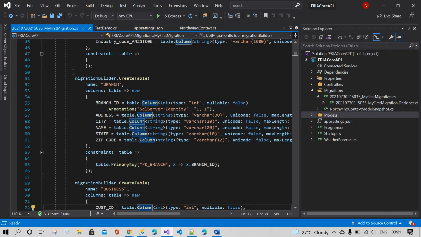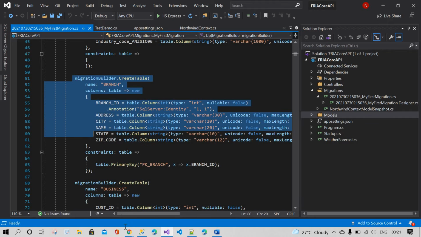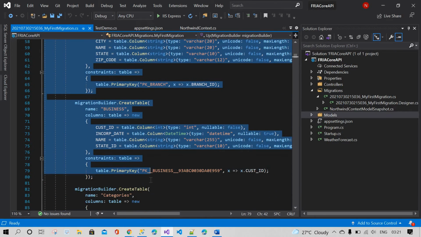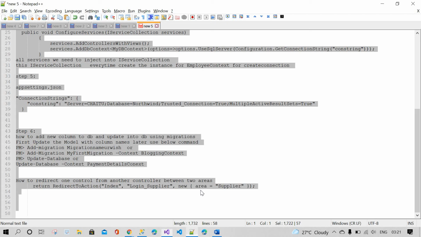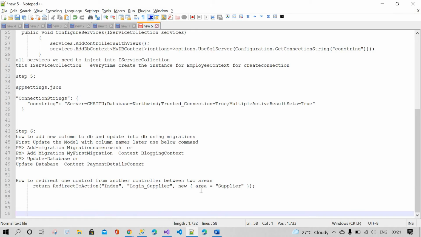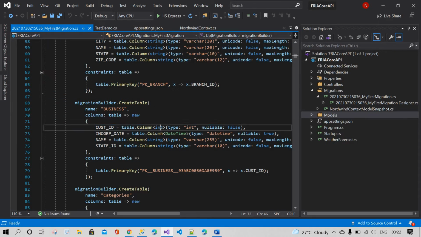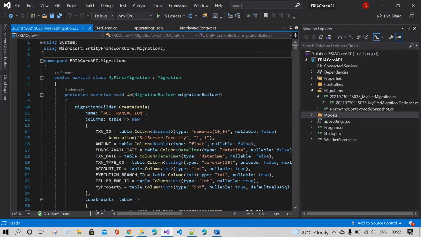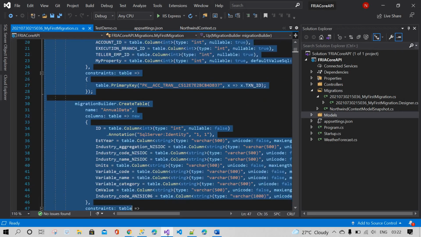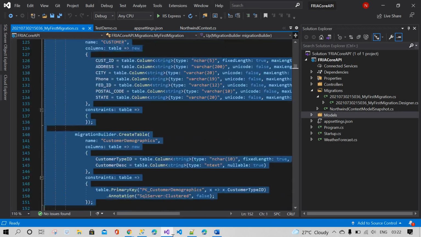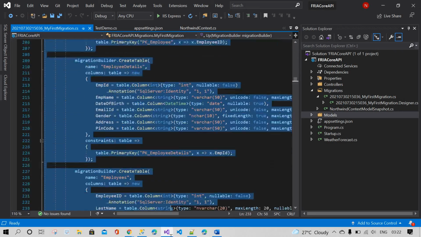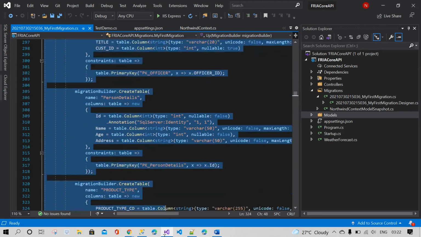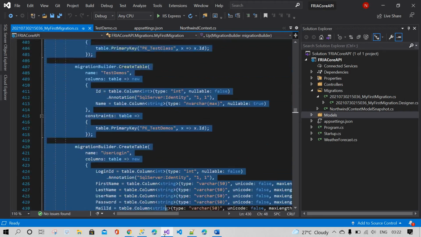I will take this as an example. Control C, and I'm going to paste it somewhere else, Control V. I don't want to migrate all these tables again. Actually I want to migrate only one table, that is the TestDemo. So I don't need all these tables to be migrated into the database, because they already exist.